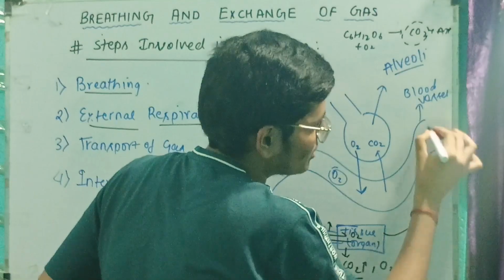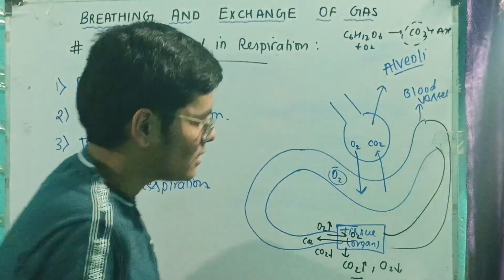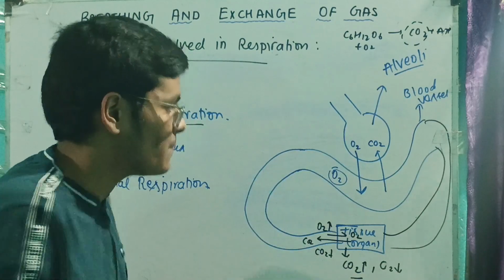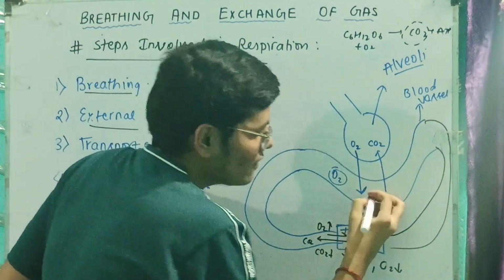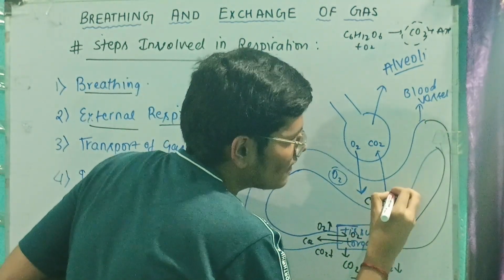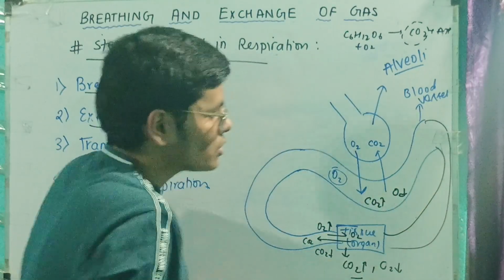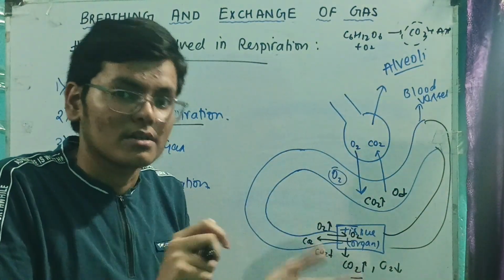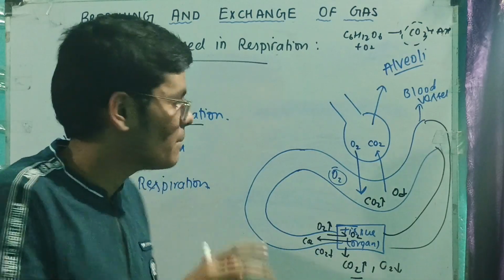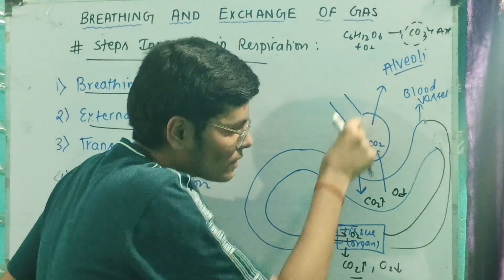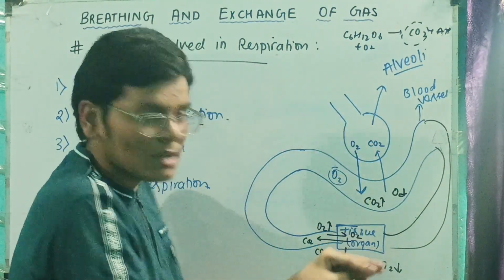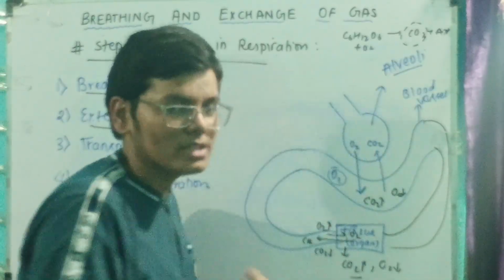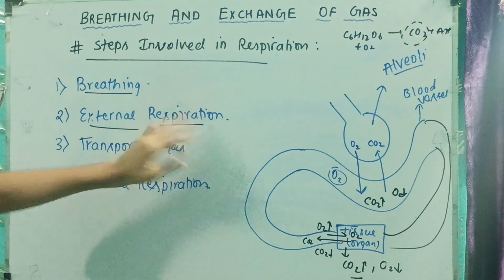This originally comes from tissue. Now this blood vessel has more carbon dioxide and less oxygen. So here we have more carbon dioxide, we have less oxygen. So what happens is a partial pressure or pressure gradient of oxygen and carbon dioxide is created. Because of that, here there is more oxygen, so oxygen comes over here. Oxygen diffuses to the blood vessels. Here there is more carbon dioxide, which diffuses back to the alveoli. So this is called external respiration.